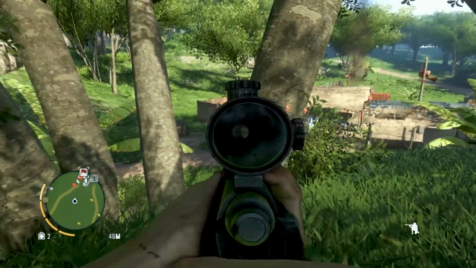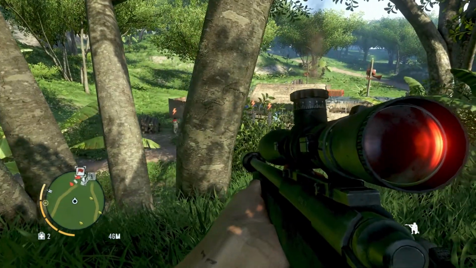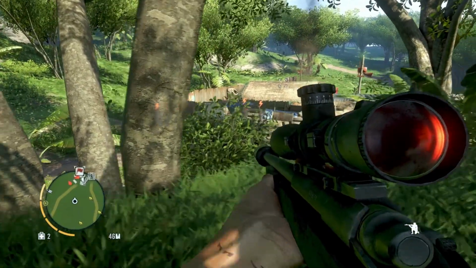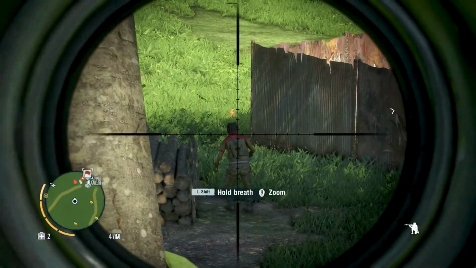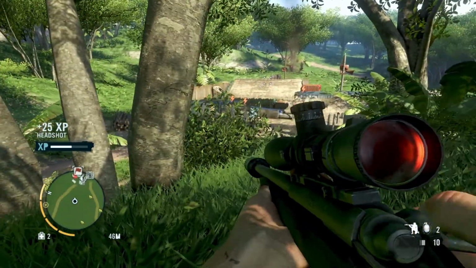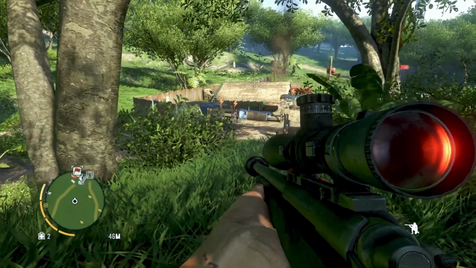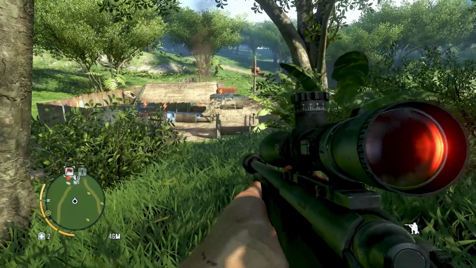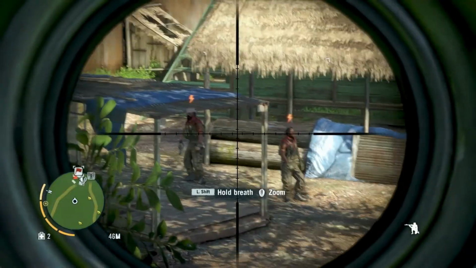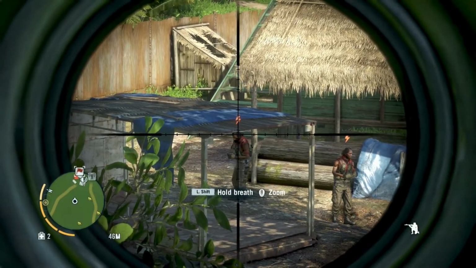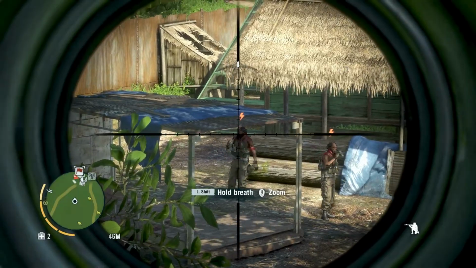And then I can just nuke him before those... Hopefully they're not going over there, actually. They appear to be looking in that direction, but no, they aren't. Grand. And pop. No face for you. And neither of them saw. Beautiful. There's one guy over there I could probably take out, but I wonder if I can take that guy out before the other guy turns around. Yeah, we can do that.